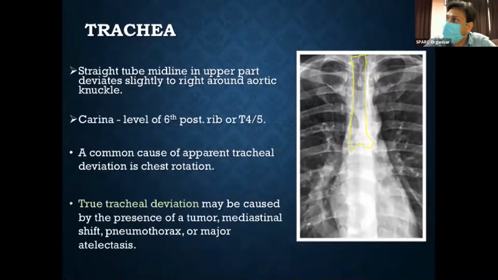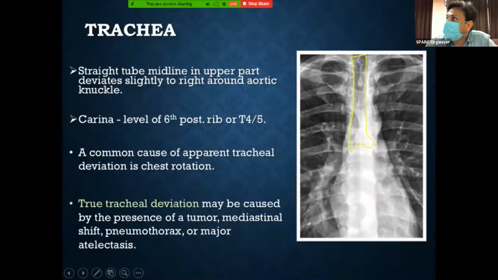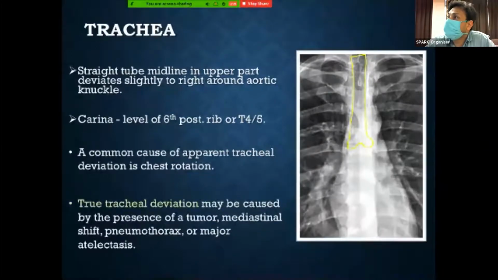Now coming to the interpretation part, as I already mentioned, everybody should develop their own unique scheme or pattern of seeing everything. So I am going from center to outside. Somebody might prefer to go from outside, like soft tissue, then chest wall, then inside. So it's your preference. First structure, I'll be seeing the trachea. Normally, the trachea should be in the midline, and it divides at the carina, which is almost at the level of T4 or 5 vertebra. Or if you see the ribs, then at the level of the sixth rib, posterior margin of the sixth rib.